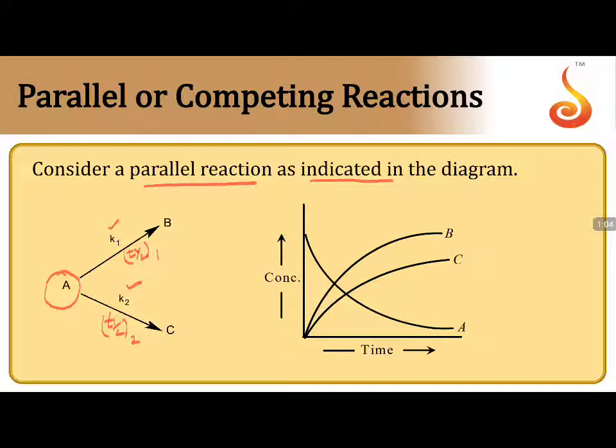If it is graphically observed, concentration versus time, A graph shows there is a decrease in the concentration with respect to time, indicating this is a reactant. And if you see the products B and C, they indicate the formation in the course of the reaction. But you can see B formed is more than C, so the concentration of B is always greater than concentration of C. What does this resemble? The rate at which B formation is taking place is greater than the rate at which C formation takes place.